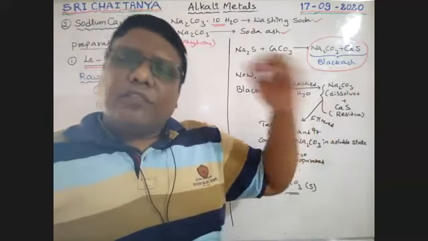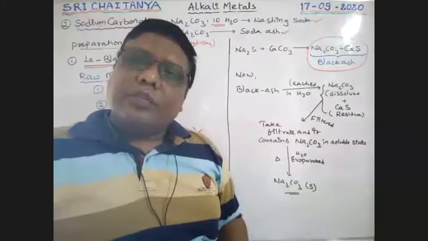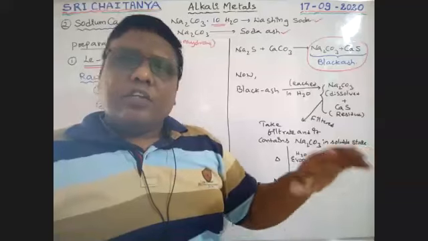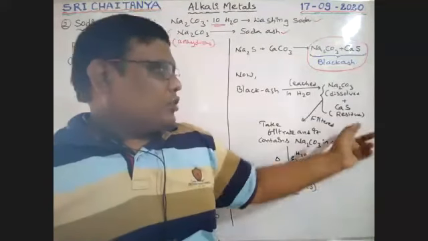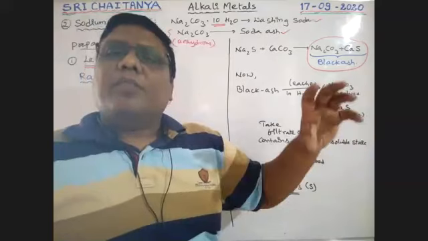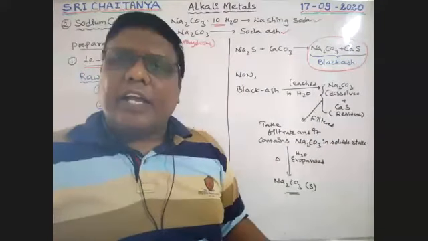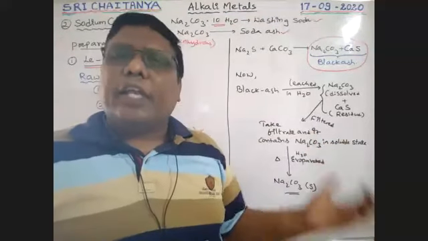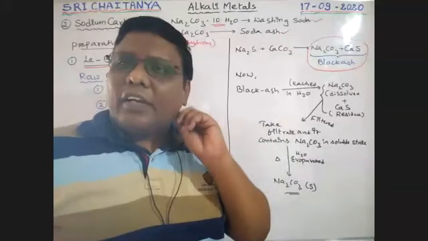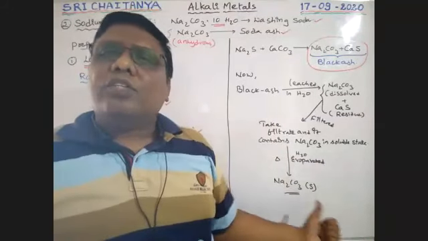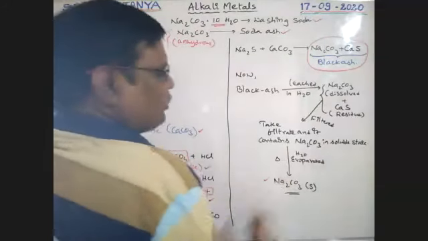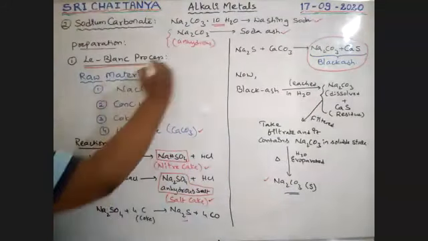Na2CO3 is soluble in water. So separate that by using filtration. The solid residue is nothing but calcium sulfide. Bring the filtrate, which contains soluble Na2CO3. That soluble Na2CO3 is now heated, therefore the water present in it is evaporated, and finally we have solid Na2CO3. It is the way to prepare Na2CO3 by the Leblanc process.